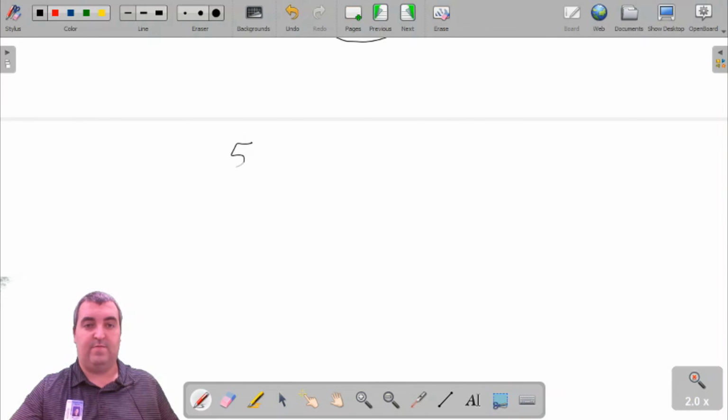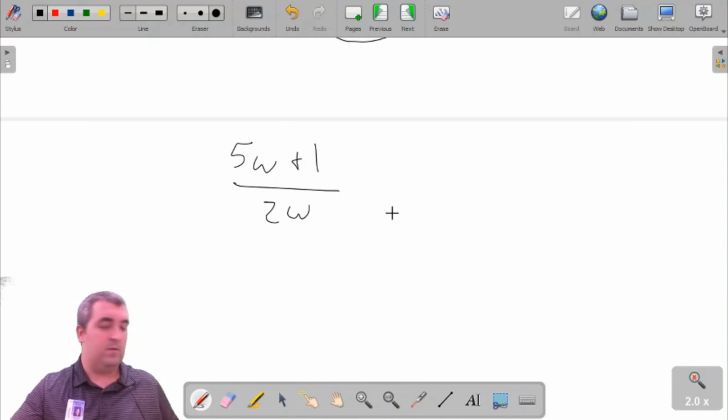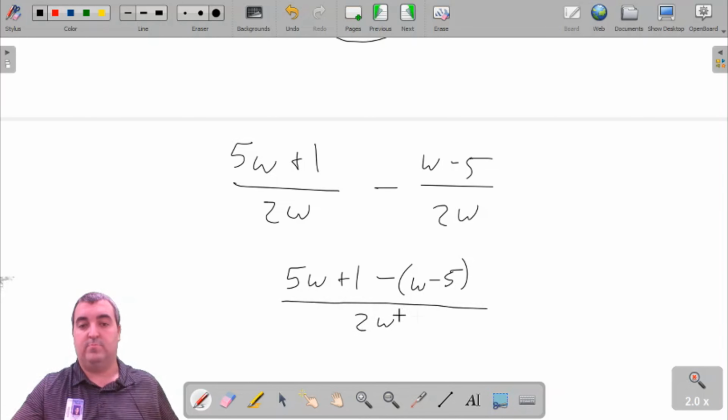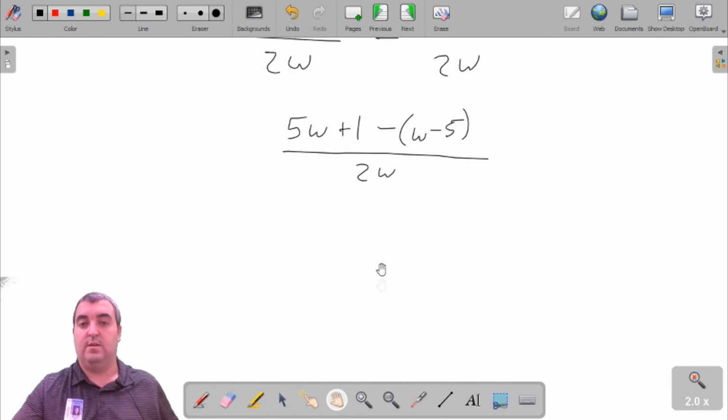So let's say we have 5w plus 1 over 2w minus w minus 5 over 2w. So once again, common denominator, so now we just do the subtraction. Now, when you do this subtraction, you are subtracting the entire second term. So what I would highly recommend is putting that term in parentheses, because now you're going to distribute out that negative. So 5w plus 1 minus w plus 5,